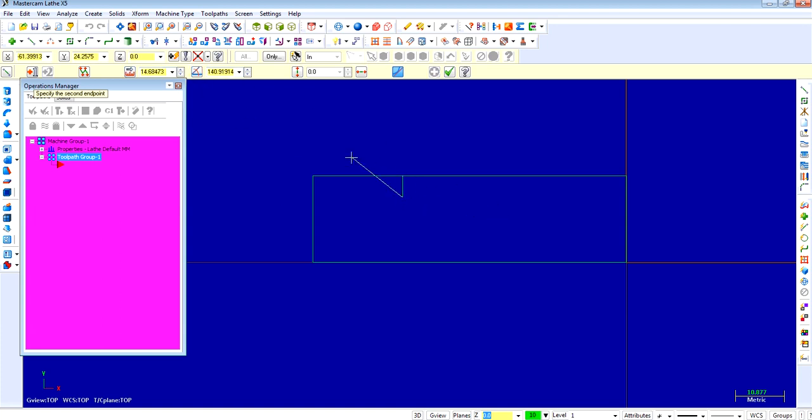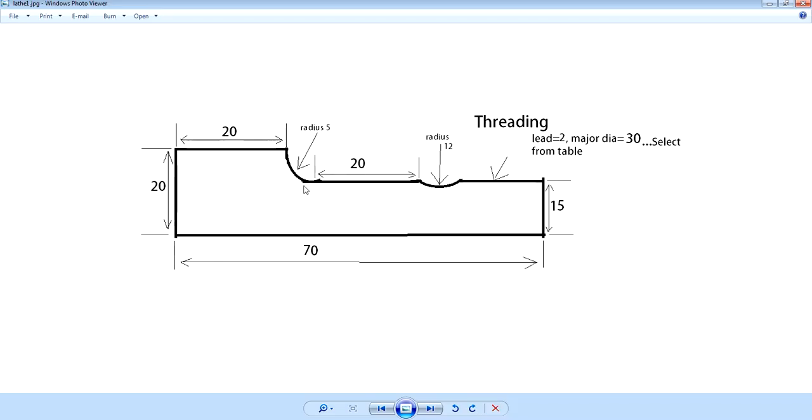Select this point, 25, 0. Now from here the distance is 25 mm.